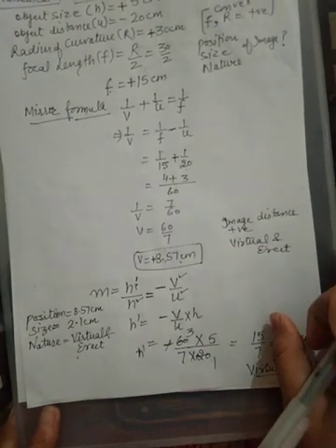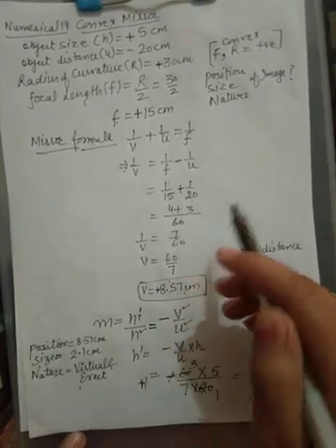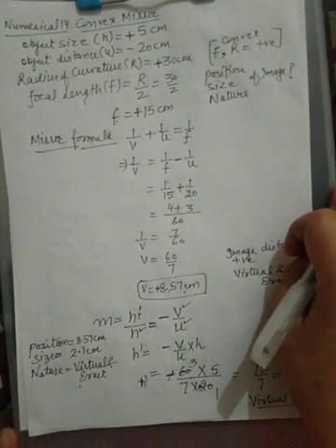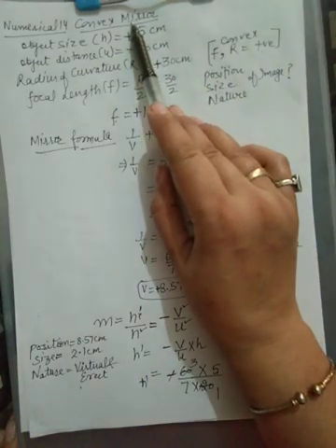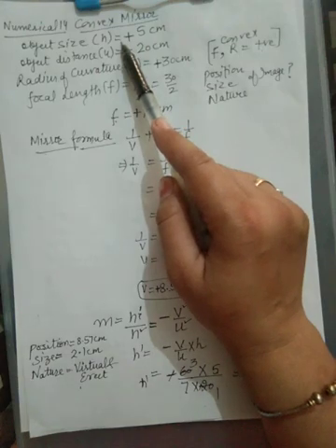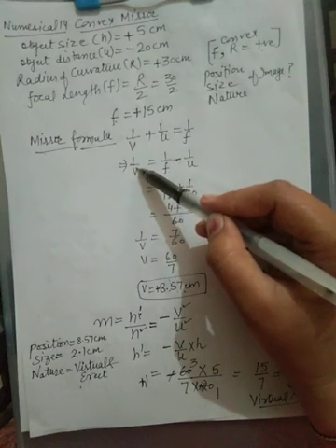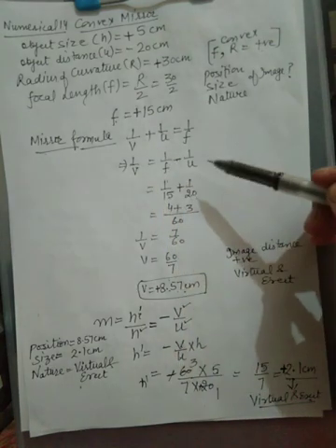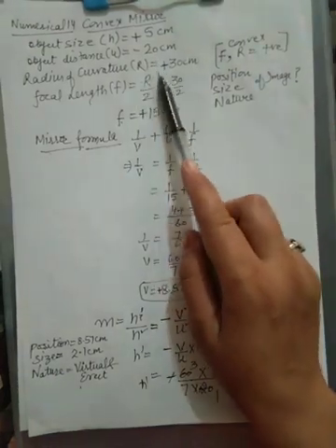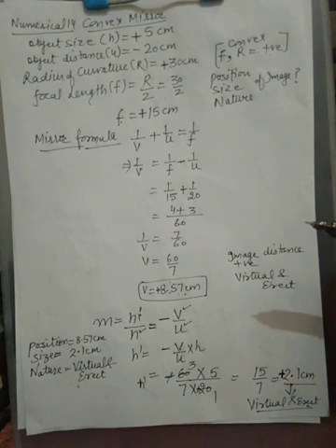So in this way I have taught you how to solve numerical that is based on mirror. But while solving any numerical that deals with reflection or refraction, you must put name, whether it is convex or concave. Sign must be mentioned, whether it is positive or negative. And the term you want to find out must be kept here only along left hand side. Substitute in such a way that sign must be paid special attention, otherwise there will be mismatching result. So in this way you can solve the numerical.